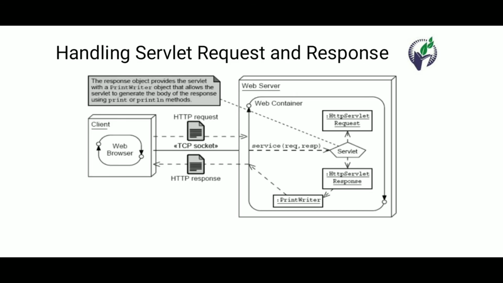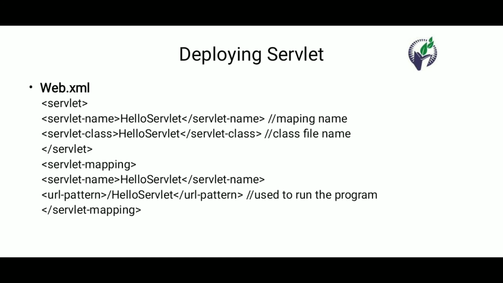Then you just have to open your browser and write on the right as http://localhost: then the port number you set in your Tomcat server, so 8080 or 7070, any port number defined, then after a slash, the file name. Here it is the hello servlet. So just write down hello servlet.